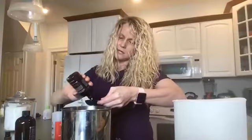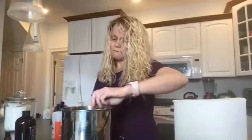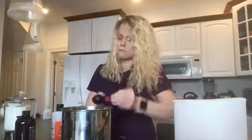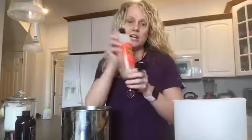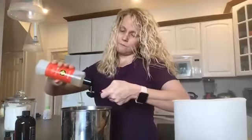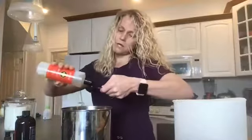Okay, and then another tablespoon. Perfect. Then the On Guard concentrated cleaner, and you just simply do 2 tablespoons. 1,